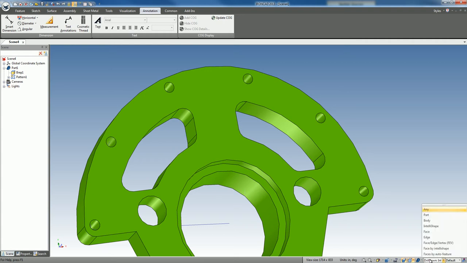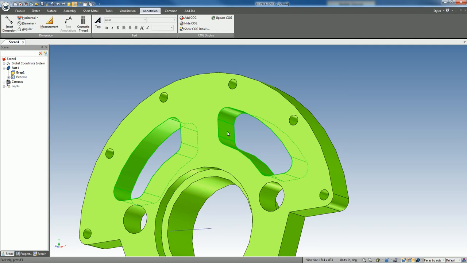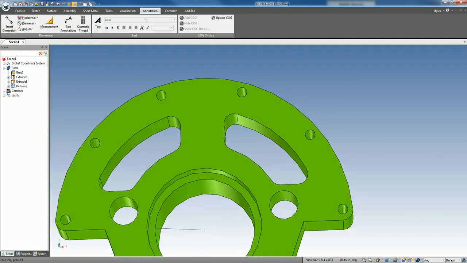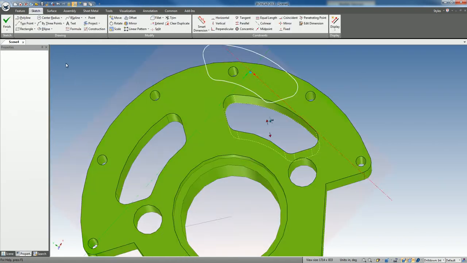For example, in this case, maybe we want to go ahead and just recognize these as our own internal features, even though it's B-rep right now. We can turn those into our own features, and you'll notice in the tree 2 features appeared, 2 extrude shapes appeared here. And then we can do just any type of modification we want with standard sketch geometry. So if we go and edit the cross section,